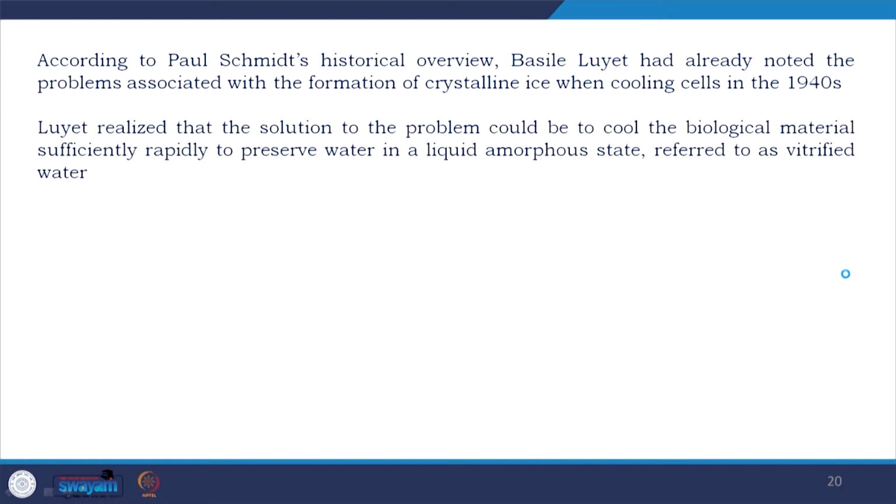Luyet realized that the solution could be to cool the biological material sufficiently rapidly to preserve water in a liquid amorphous state referred to as vitrified water. So, Luyet had already isolated the problem and understood that development of vitrification would be a good